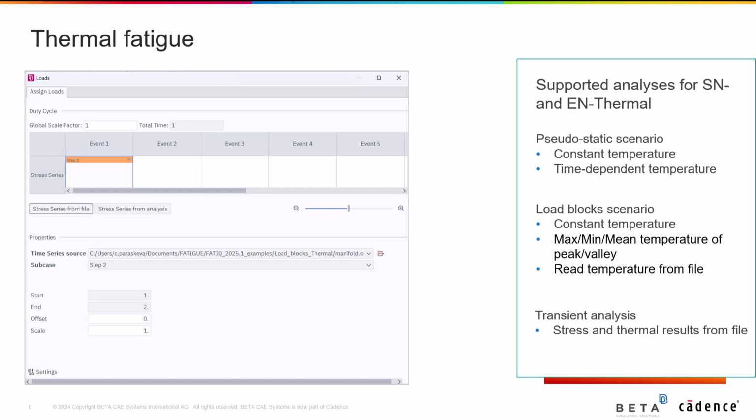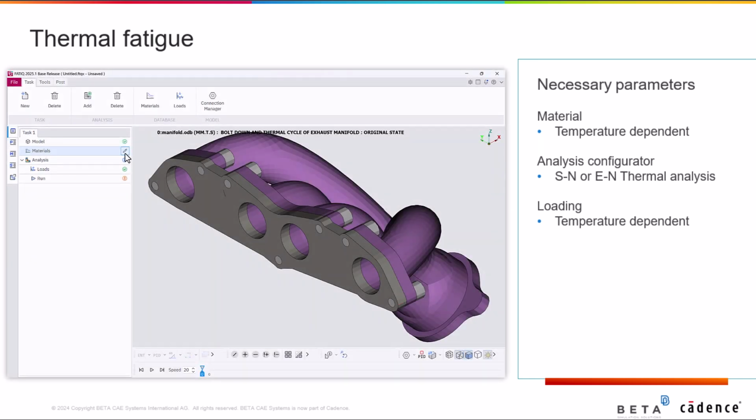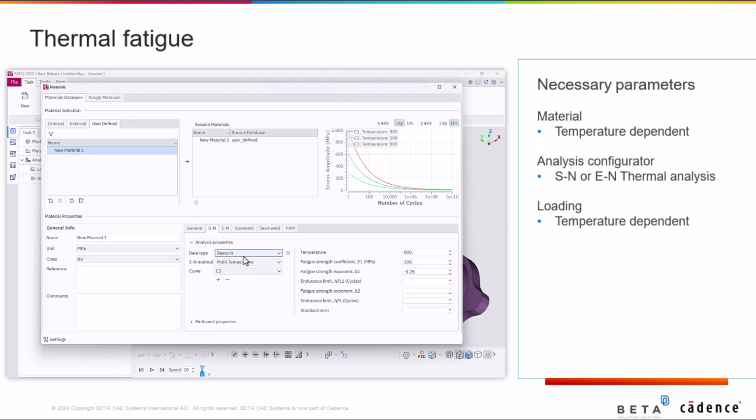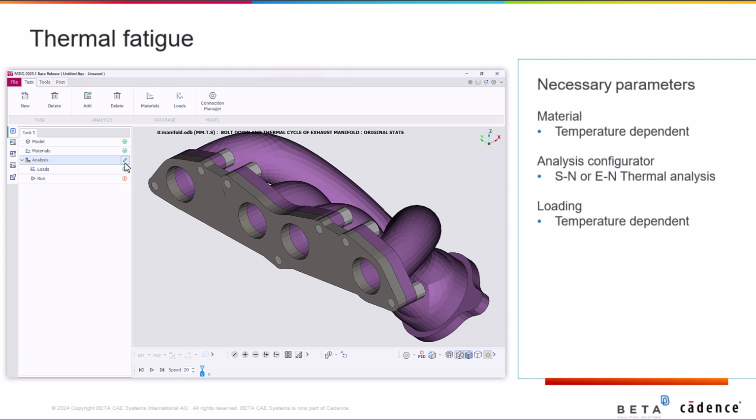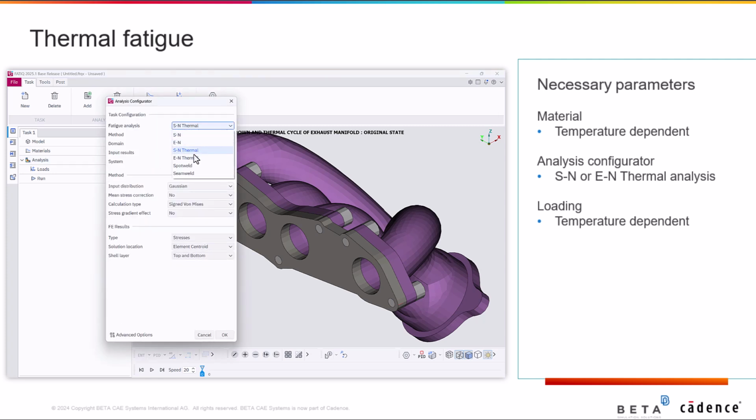Let's take a look at the newly added fields regarding thermal analysis. Access the material database and define the desired parameters for a temperature-dependent material. Switch to Assign Materials and set the material to the desired PID. In the Analysis Configurator window, select between stress and strain-based thermal analysis.